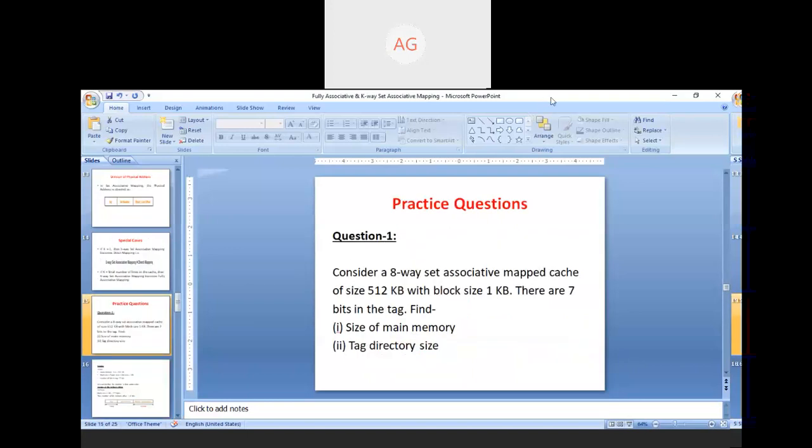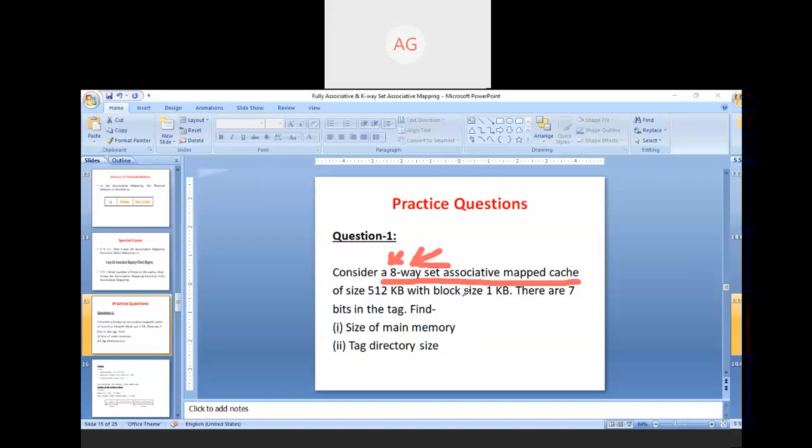So this is the first question, which is based on k-way set associative mapping. In the question it is given that consider an 8-way set associative mapped cache. So here you just read out the words 8-way set associative mapping. This question is based on set associative mapping. From here you can identify that this question is based on k-way set associative mapping, and here the value of k is given to you, which is 8,